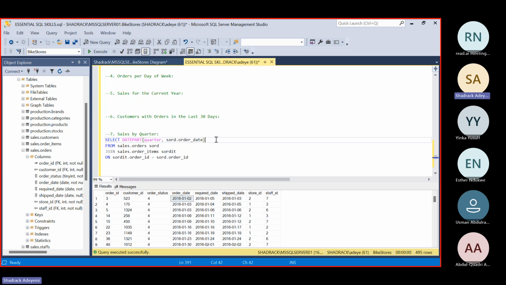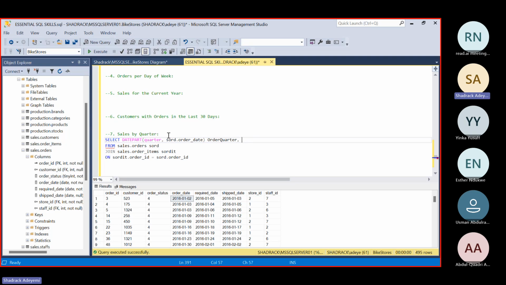And I want to name this as quarter. Now, it's not always best to rename your information on predefined functions. So it makes a lot of sense for us to rename this as something else. Let's just say order quarter.